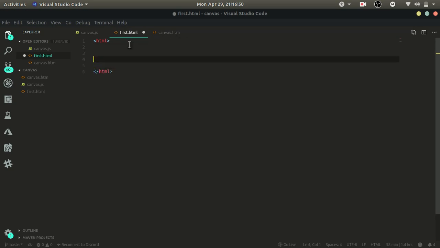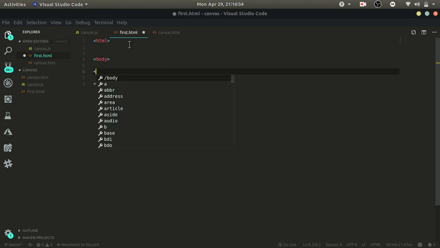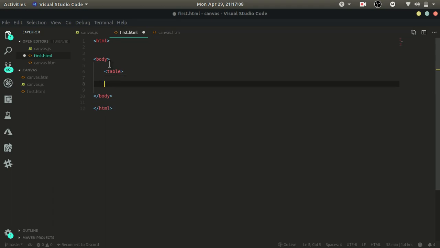So in order to create a table in HTML, we have a tag called table. So it's like a table for a table, or I should say a soul for a soul, from Avengers Endgame. So